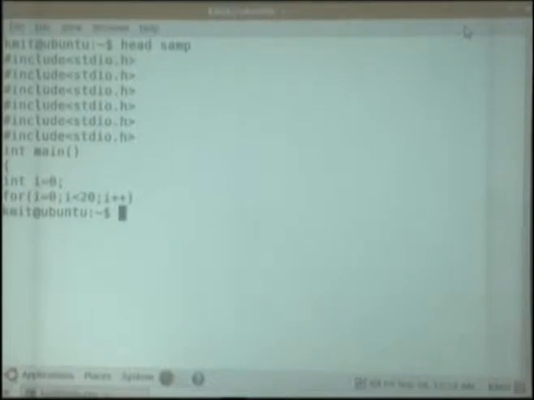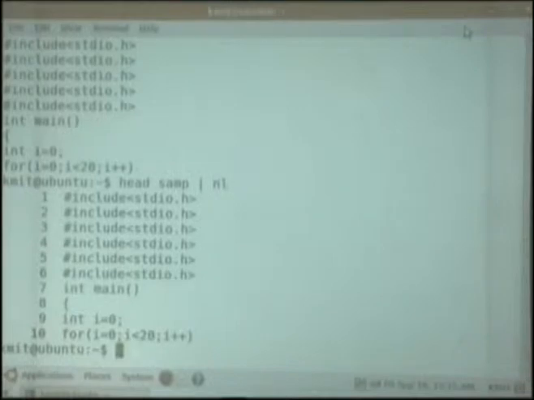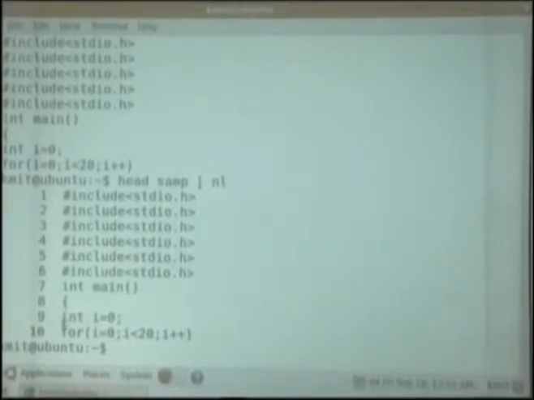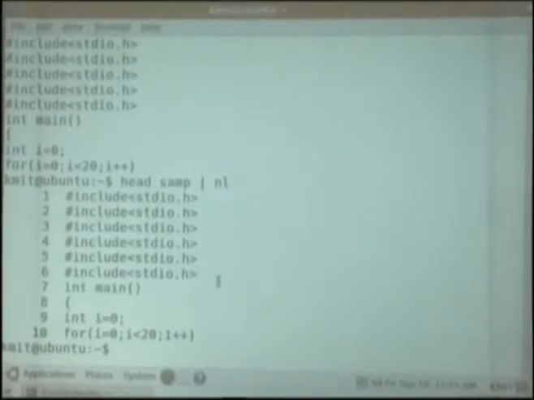How can we use nl in combination with the head command? Head samp gives the first 10 lines, and piping it to nl numbers them. When you see the numbering, 1 to 10 lines have been given. So by default head gives 10 lines.